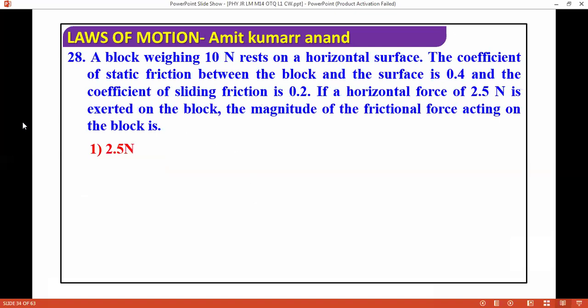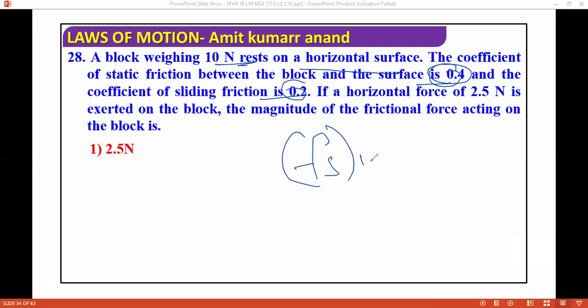A block of weight 10 Newton rests on a horizontal surface. The coefficient of static friction between the block and the surface is given, and the coefficient of sliding friction is given. If a horizontal force is exerted on the block, the magnitude of the friction force acting on the block is? See, the weight of the block is given as 10 Newton. From here, the static friction value is given as 0.4, and sliding is 0.2. So from here find out